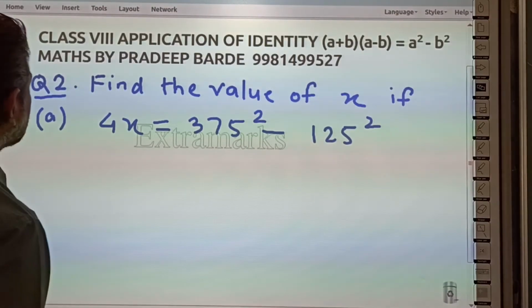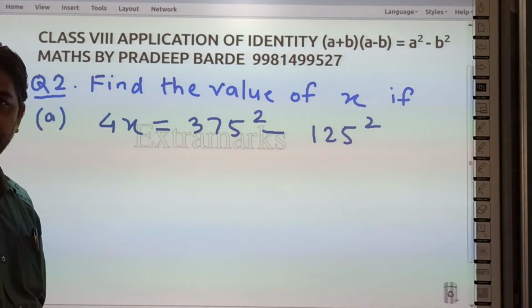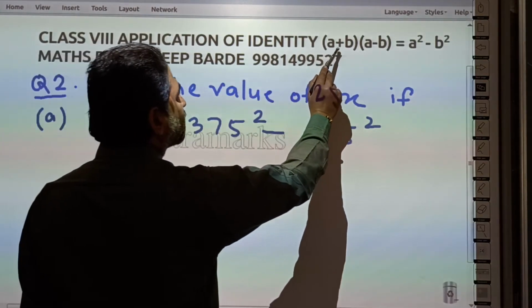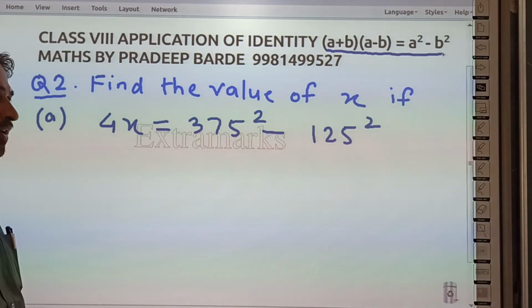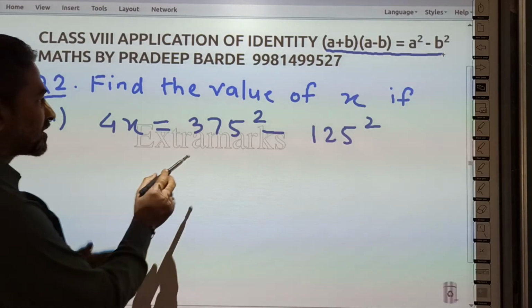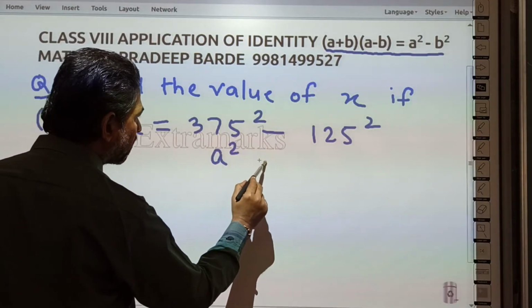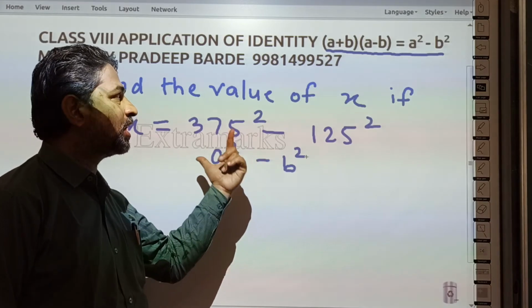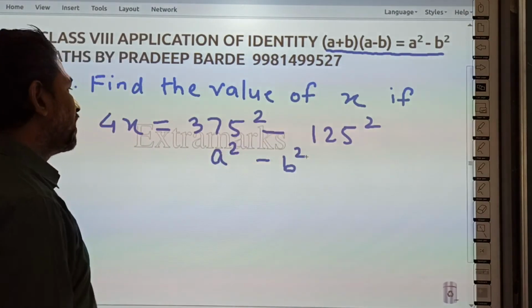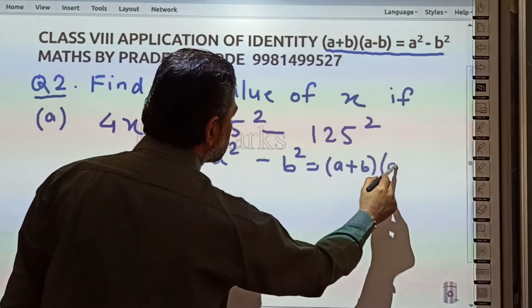Okay students, next question is find the value of x if 4x is equal to 375 square minus 125 square। This is use of this identity a plus b into a minus b is equal to a square minus b square। We have to use this identity। Now we see we have this part right hand side, if you see it is in the form of a square minus b square। राइट हैंड साइड के फॉर्म में लिखा हुआ है, आपको इसको लेफ्ट हैंड साइड के फॉर्म में लिखना है। तो लेफ्ट हैंड साइड का फॉर्म यहां पर क्या होगा, दिस इज a प्लस बी इंटू a माइनस बी।